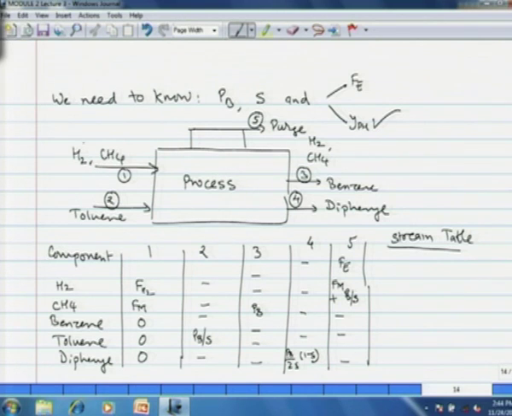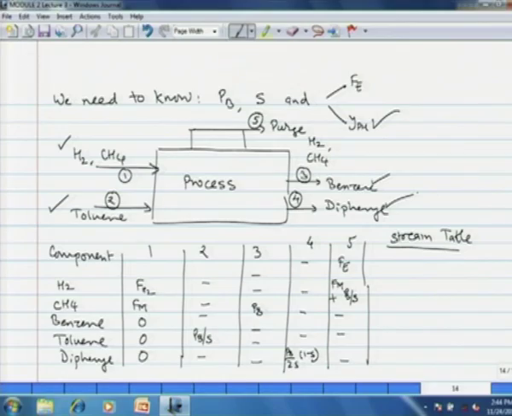The process has two feed streams, hydrogen, methane and toluene, and then the products are benzene, the main product, and the side product diphenyl. The hydrogen is fed in excess, therefore it comes out as unreacted gas, and then methane